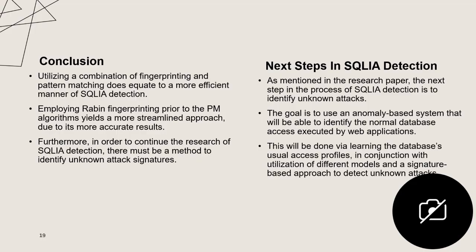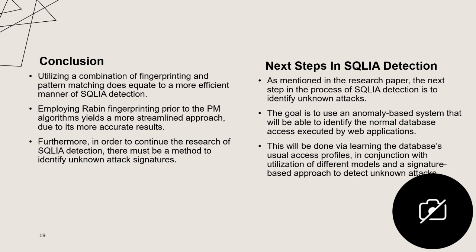Now, we are at the conclusion of the research presentation. In conclusion, utilizing a combination of fingerprinting and pattern matching does equate to a more efficient manner of detection. Employing Rabin fingerprinting prior to the pattern matching algorithms yields a more streamlined approach due to its more accurate results. Furthermore,